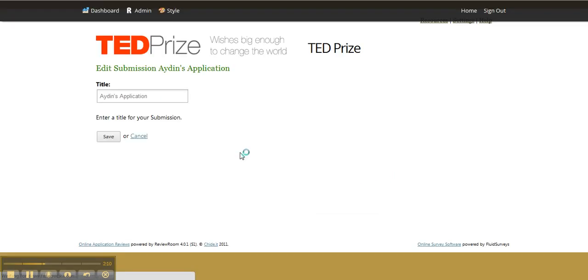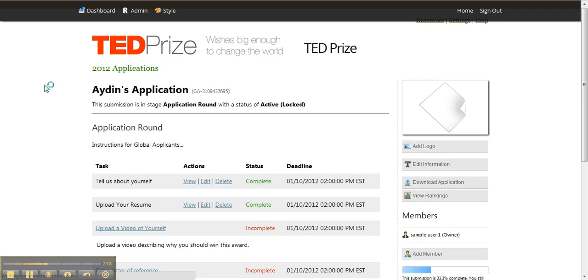Edit information, by the way, allows you to edit the title of the application. Sometimes you want to reference it differently as an administrator. I've seen some competitions where they accept applications and they like to give it a specific code. By default, we do give every application a unique code that shows up there, but sometimes competitions will want to use their own codes. In such cases, after applications reach a certain level, you can go to edit information